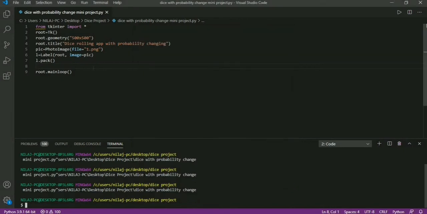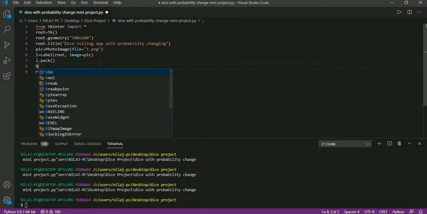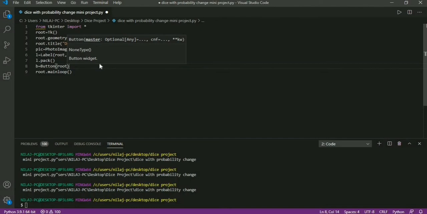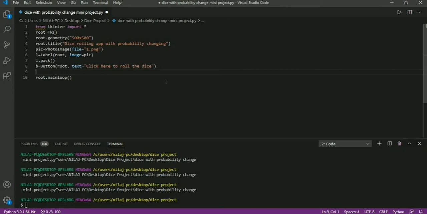Now we have to create buttons here. I will create a button named as B. I will pass root and I will write a text here. Click here to roll the dice. Now I will use pack method.